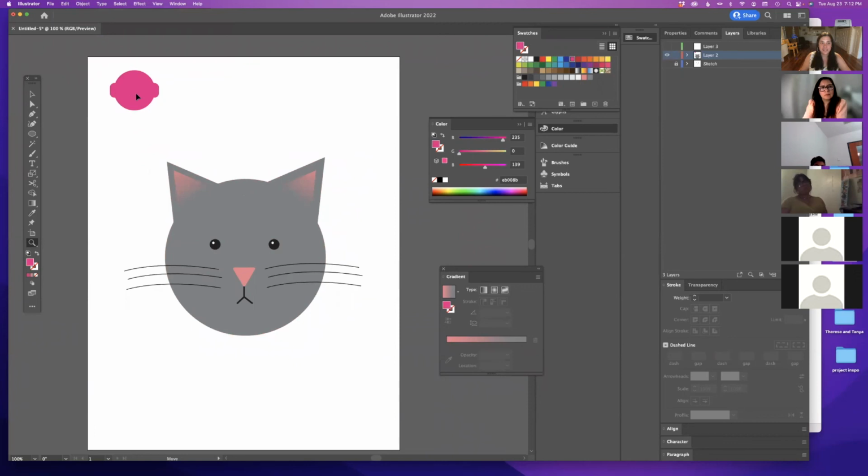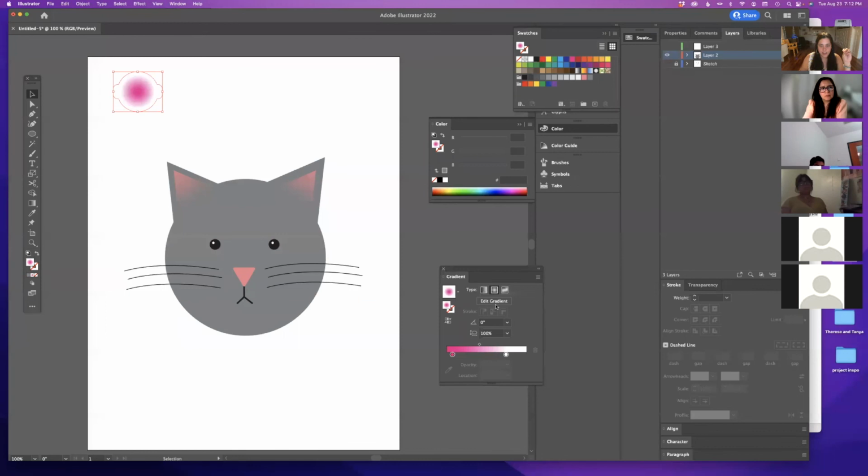If I was doing this one, since this sucker is like a hard plastic, it might be a little bit shiny. So then I could add a gradient here, and I put in this pink color. And maybe I want to do more of a highlight.